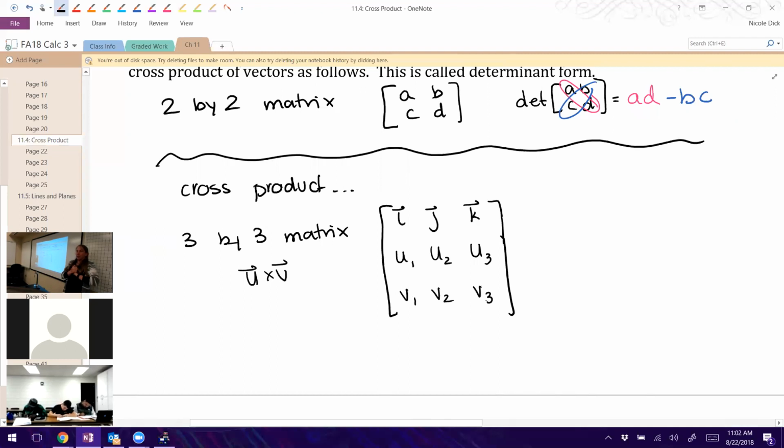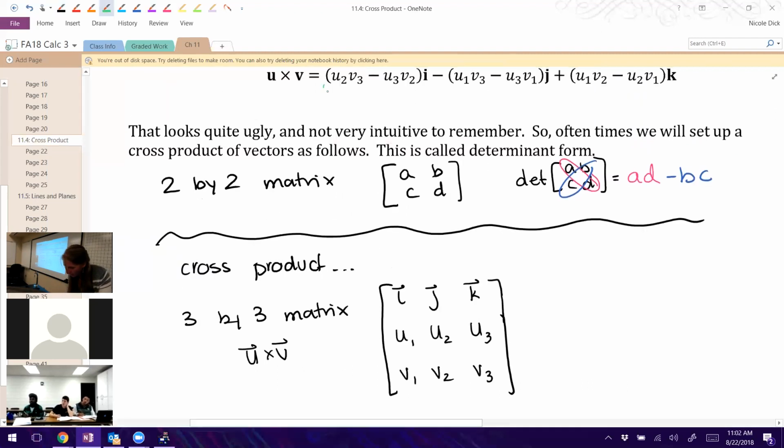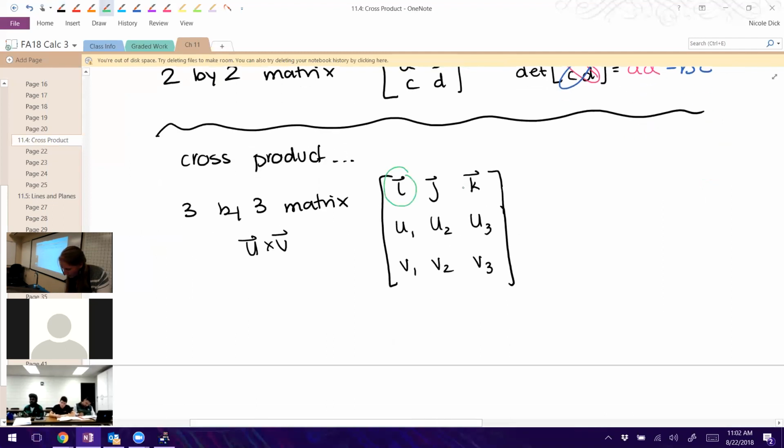To find the determinant of this, we have to go back to this 2x2 matrix idea, but this is really just going to show where these combinations come from. Let's say we want to find the first piece of this. We're going to figure out where this little section right here comes from in that I direction. We're going to say, okay, basically take this I